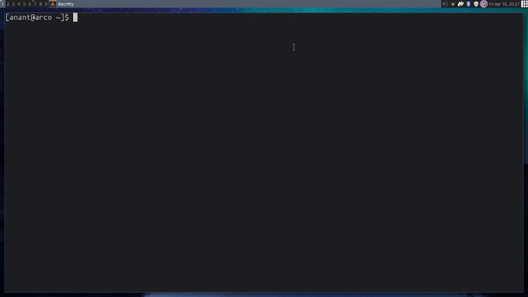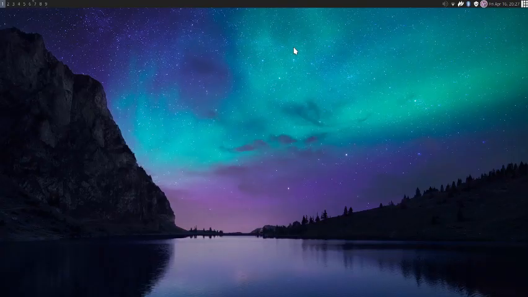It can be more advanced also. There's another command like wget, which is used for downloading stuff, and yeah, there are many commands.